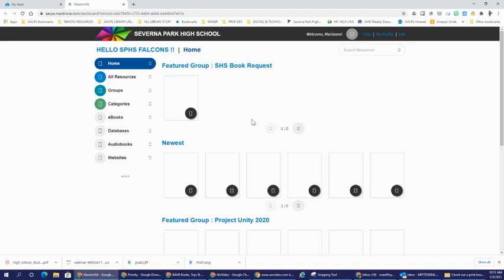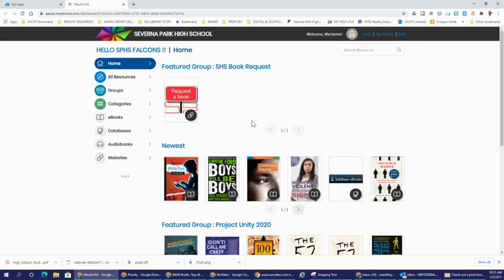As it opens up, you want to make sure that it has your name up here in the welcome. It says Severna Park High School, and it says Hello SPHS Falcons. Once you are in